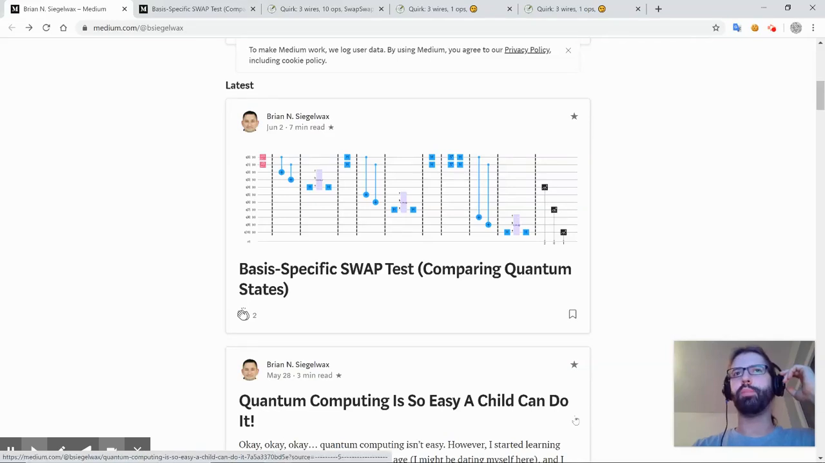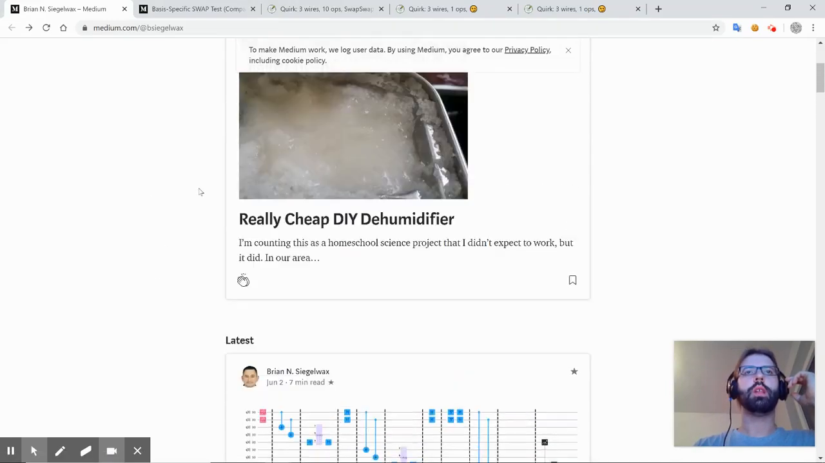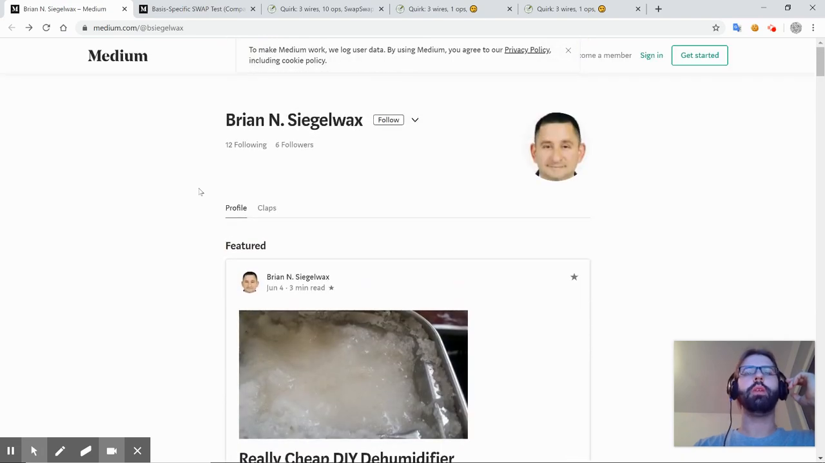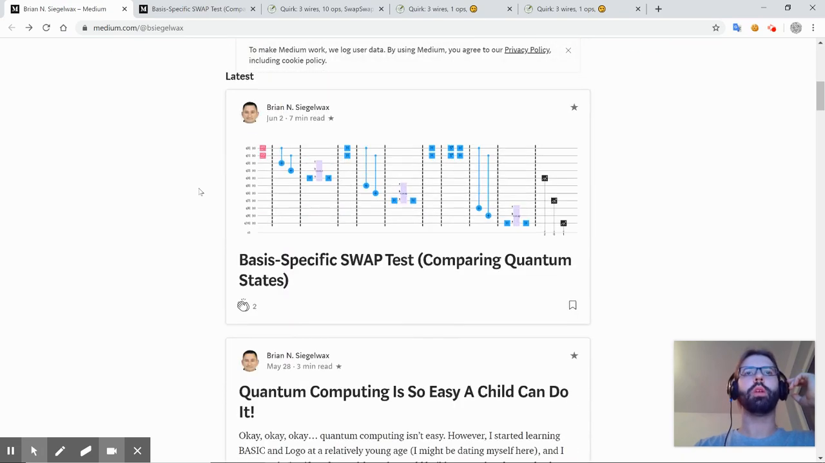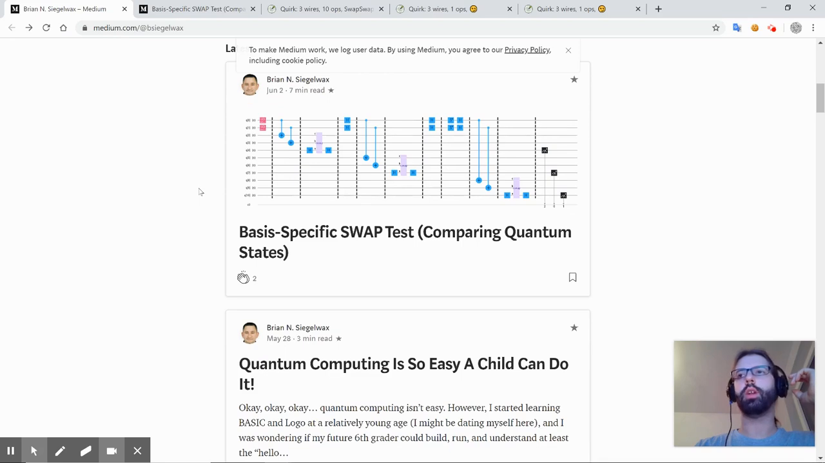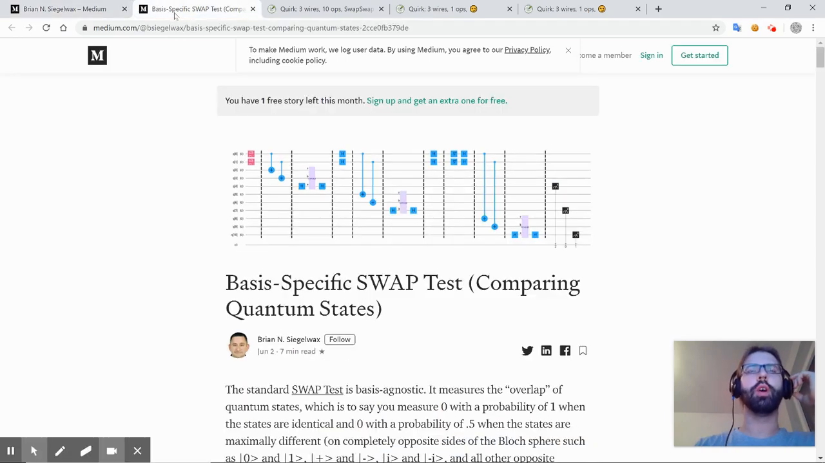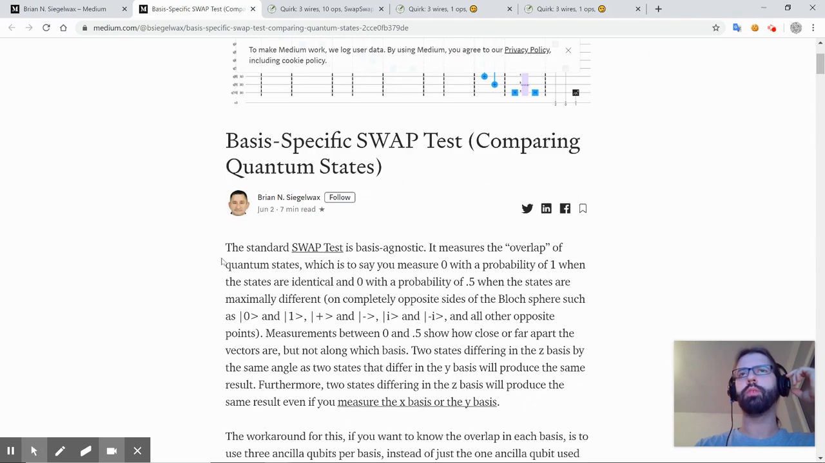So today we've got Brian Siegelwax. He's writing in Medium about quantum computing, and he's got some quite interesting posts in here. I definitely recommend you guys check him out. I was just reading through his most recent